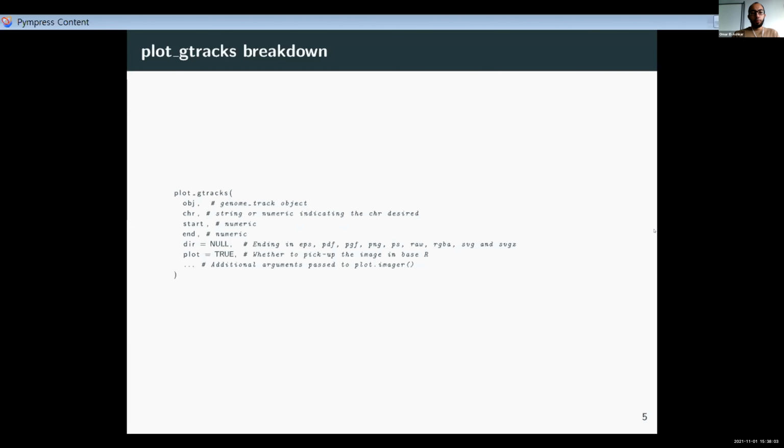As I said, if plot is set to true, you don't have to specify it. But if plot is false, you have to specify this argument. The other ellipses are all passed to the